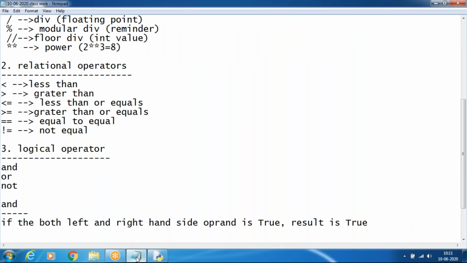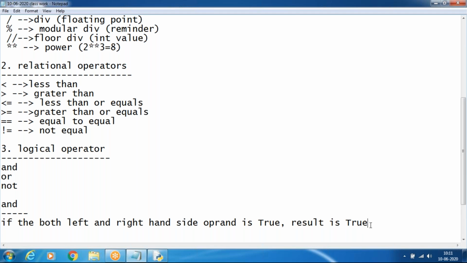If both cases are true, the result will be true. If any one is false, the result will be false.